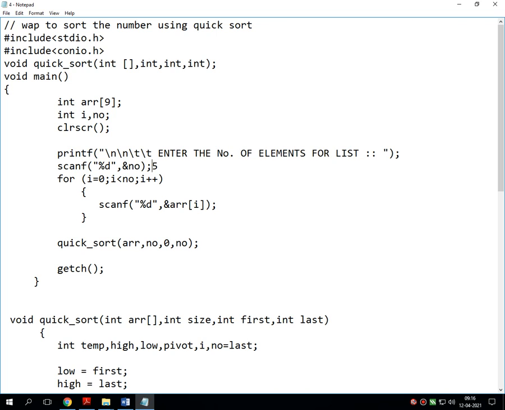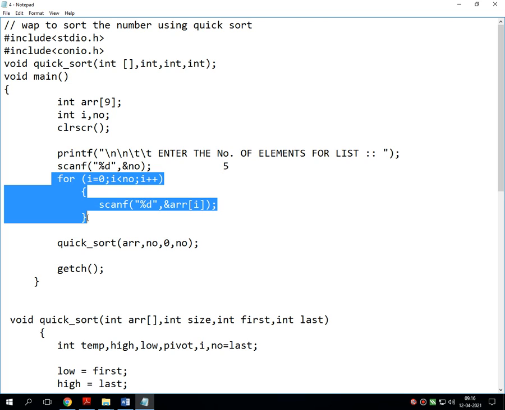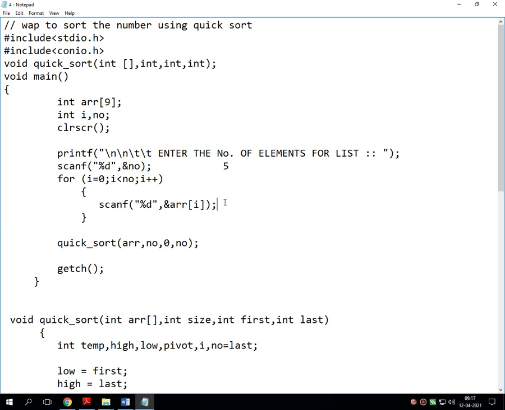Say for example, over here the user has entered 5. So this for loop repeats 5 times, starting from 0 to 4, total 5 times. It stores all the values at the desired locations. Say for example, over here the user has entered unsorted values like this: 9, 4, 0, 1, 3.